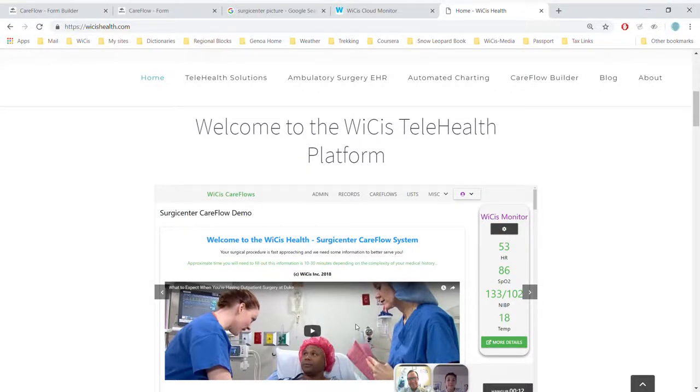Okay, in this demonstration we are going to be showing how to create a form, in this case for a preoperative interview, and we're also going to demonstrate how we bring in vital signs into our system as shown on this screen, as well as video conferencing. This demo will take about 7 minutes, and it will show you how to create the elements that you're seeing